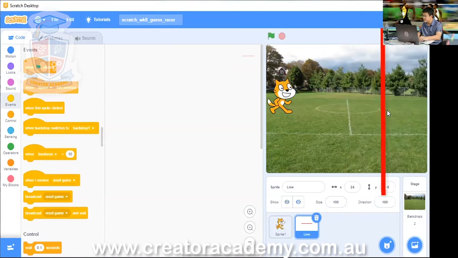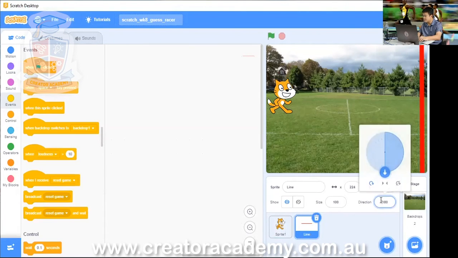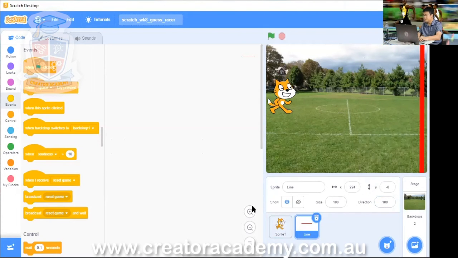And then we can now drag the line onto the side here. That way we have a finish line and we have a cat. Okay, so make sure you have the line, you dragged it so that the direction is facing up and down. So you click on the line and then you click on direction and then you drag it around by dragging this direction arrow. Okay, so now we have the line, finish line, and then we have a cat.